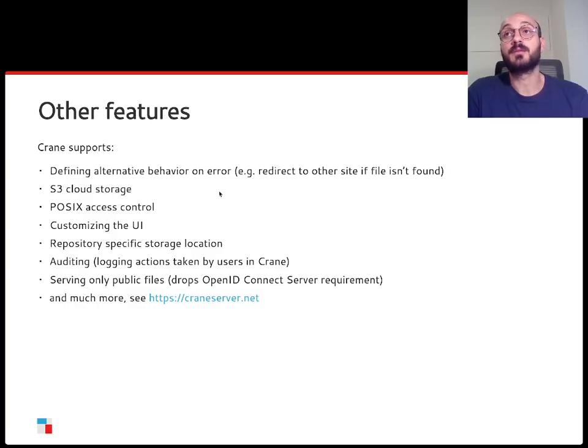And this could be used, for example, to install internal packages using Crane as a package storage. And then if a package, for example NumPy, is not in your Crane deployment, then you can redirect users to PyPI. In the example I showed, local storage was used, but we also support S3. If you are in a high security setting, you can use POSIX access control on top of the access control in the configuration. The UI I showed is fully customizable, and it's just a template that's provided with Crane,